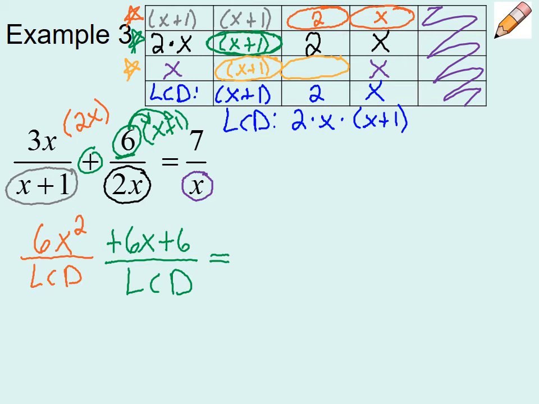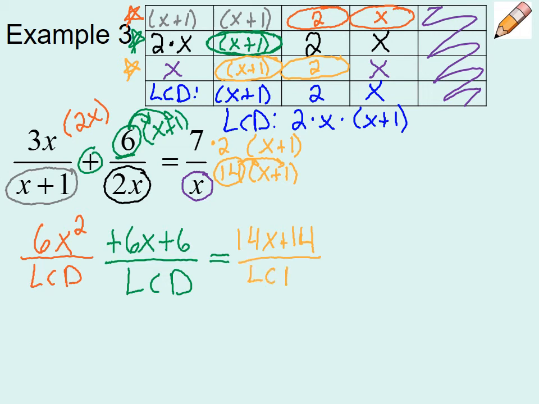If we look up and down the second one, we're missing a 2. So I have to take this times 2, and I have to take it times x plus 1. So 2 times 7 right away, you guys, is 14. I'm going to take that times x plus 1. Go ahead and distribute my 14 here. I'm going to get 14x plus 14